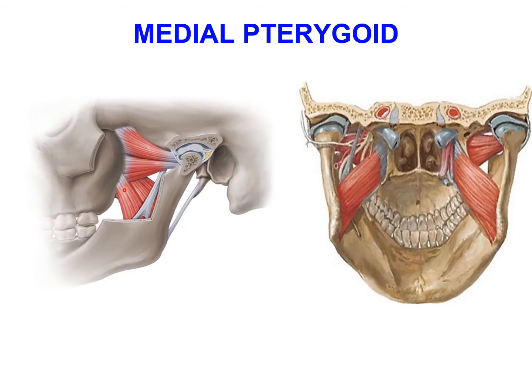So the medial pterygoid is made up of a superficial head and a deep head. The superficial head is arising from the maxillary tuberosity and the adjoining pyramidal process of palatine bone. The deep head is arising from the medial surface of lateral pterygoid plate. Both the heads are passing downwards and backwards and getting inserted onto the medial surface of ramus of mandible and the angle of mandible, below and behind the mandibular foramen and mylohyoid groove.